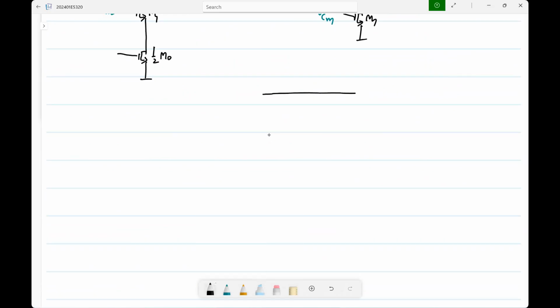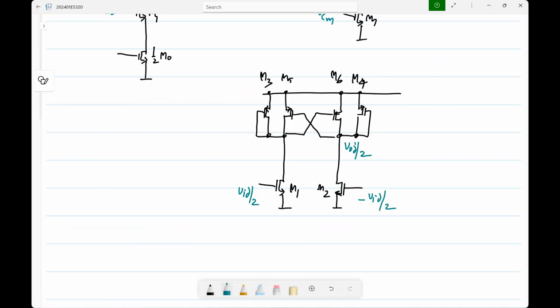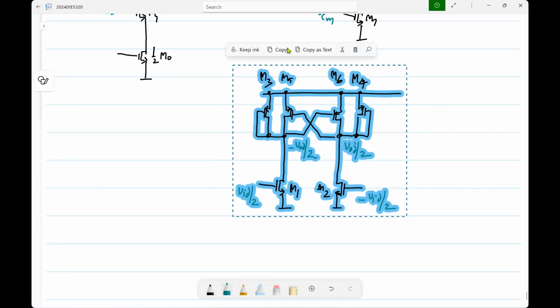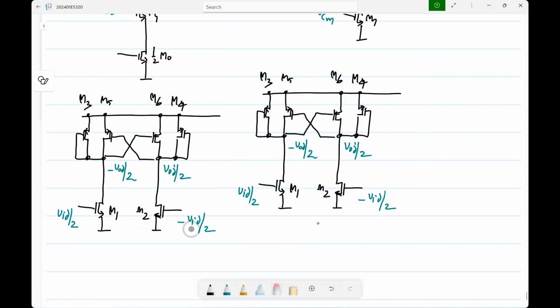So let us say M1, M2, M3, M4, M5, M6. That is with differential inputs, and then with common mode inputs you would have